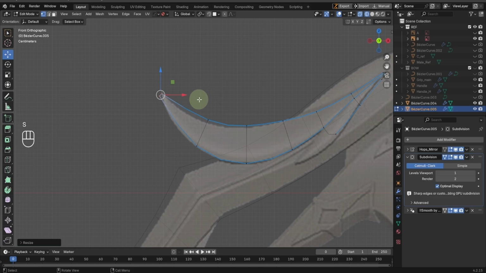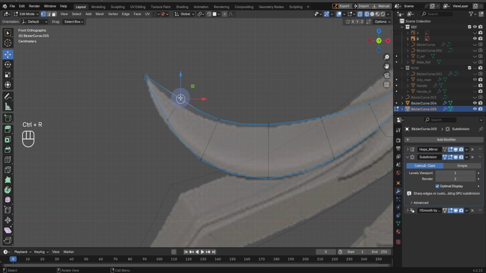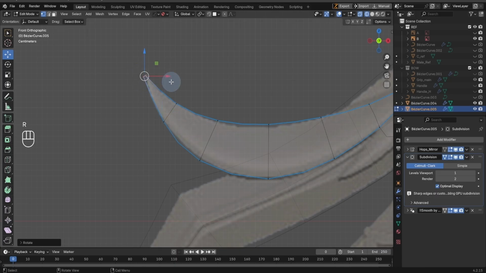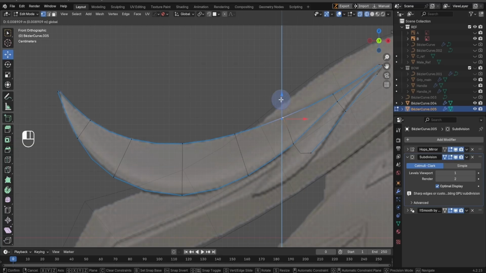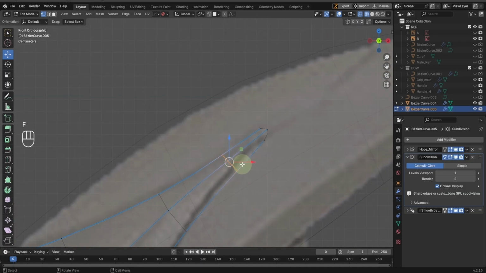Scale this down, move it, rotate it, scale it down again, and then let's add another loop cut over here and then adjust it. Beautiful. Okay, so this goes here. I'll add a loop cut here, and then I just wanted to push this